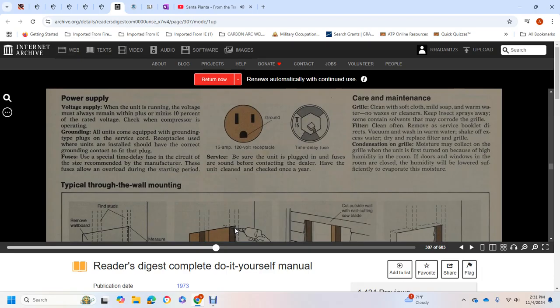Alright, power supply, voltage supply. When the unit is running, the voltage must always remain within plus or minus 10% of the rated voltage. Check that the compressor is operating. Grounding: all units come equipped with a grounding type plug, with receptacles and units installed to have the correct grounding contact to fit the plug. Fuses: use a special time delay fuse for the circuit, with the size recommended by the manufacturer. These fuses allow for overloading during the starting